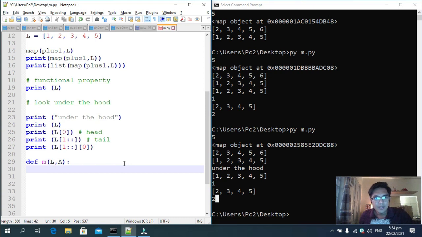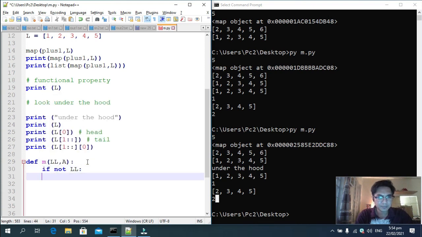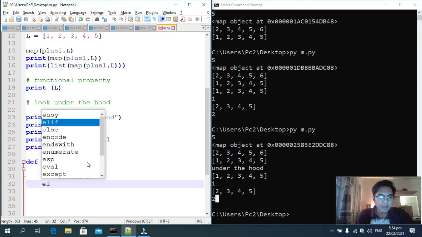All right, and then sorry, I'm thinking kasi L na to eh. Let's make it original. Siguro LL, yun. It takes as its parameters a list and an accumulator, and then if not LL, which means that's our base case. If we arrive at a point where LL is now empty, then we just return A,